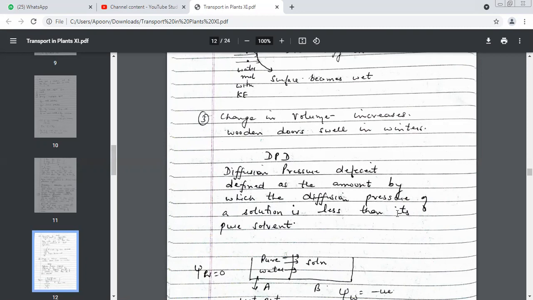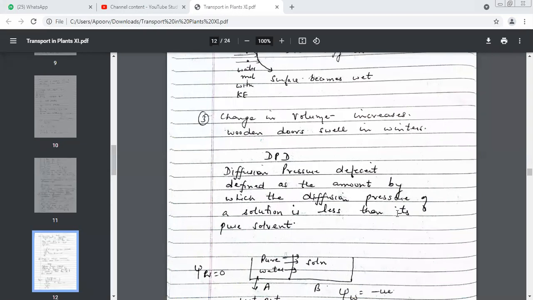So we have done water potential, we've done DPD, we've done imbibition. We still have 3-4 minutes. Let's have a questionnaire round. Abuzar, you are there? Ask a question from Anadi. What is the full form of DPD? Very easy question. Diffusion pressure deficit. Very nice. Such a difficult question you asked.